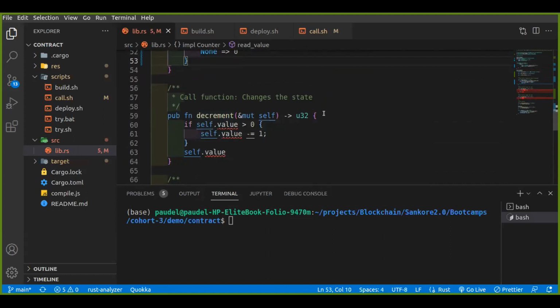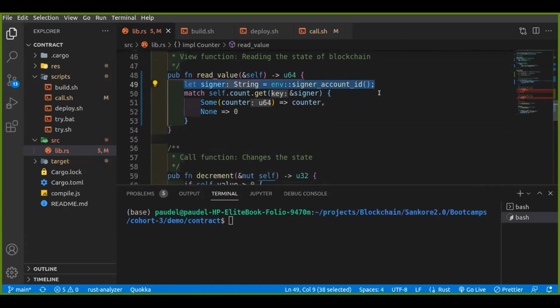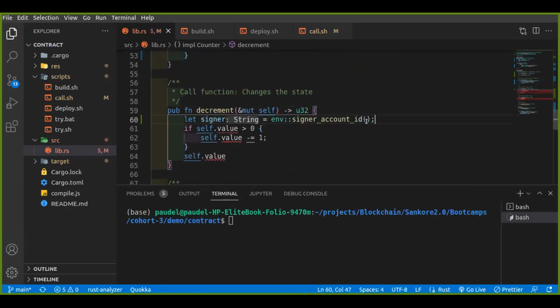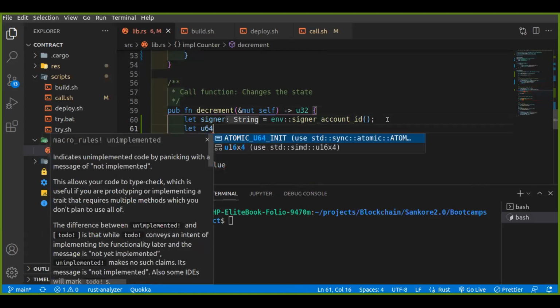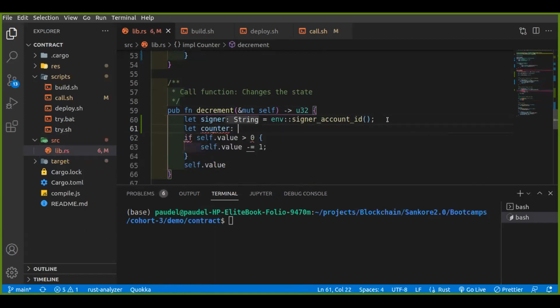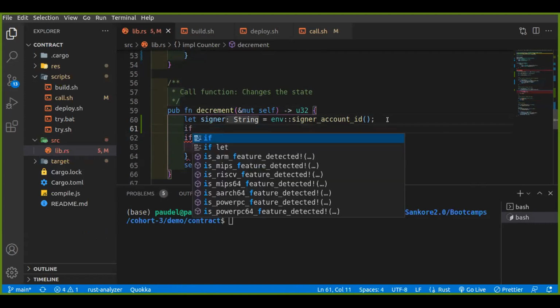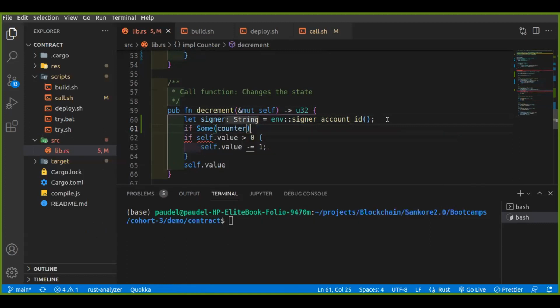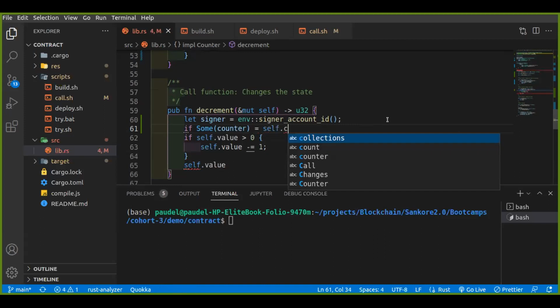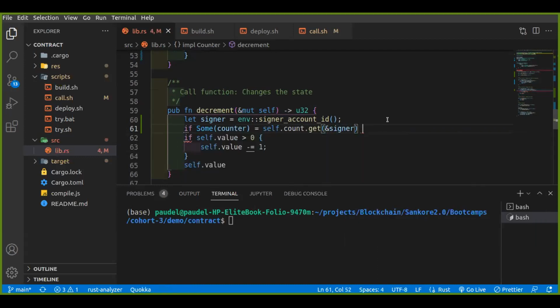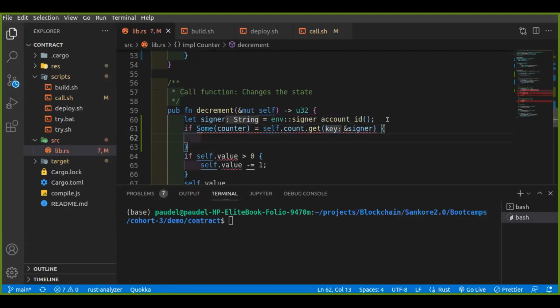Let's go ahead and try to decrement this particular value. Like I said, we first of all need to capture the wallet address that is signing this particular transaction. And after that, we just need to go ahead and get the value. In this case, we're getting the counter of type U64 from the count collection. So I'm going to represent it this way: we're going to get some counter from count.get, and we're going to pass in the signer wallet address. Then from there, if we actually got the value, in this case the counter,